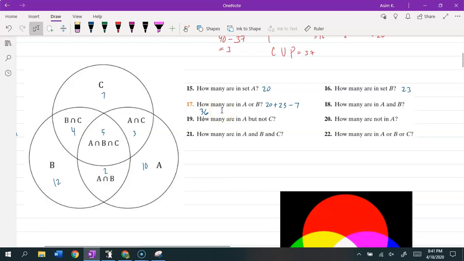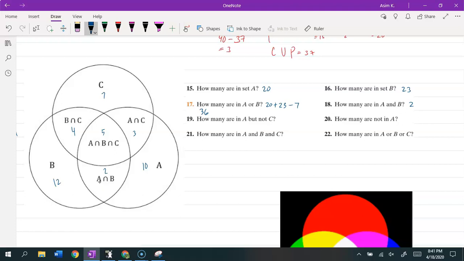Now, number 18, it says how many are in A and B, right? So A and B would be this middle intersection on the bottom, and so that would be 2. There's 2 that are both in A and in B. Okay, now let's take a look at